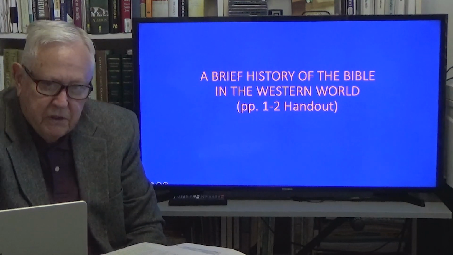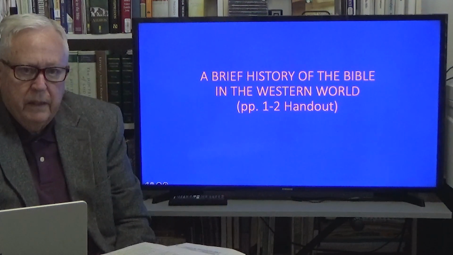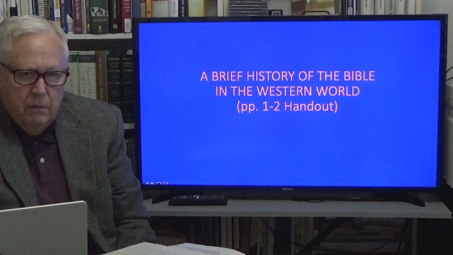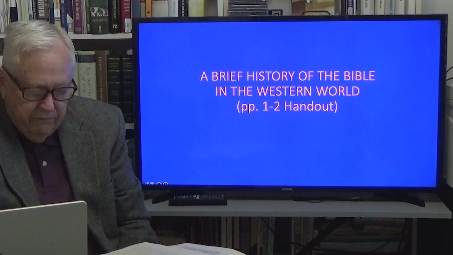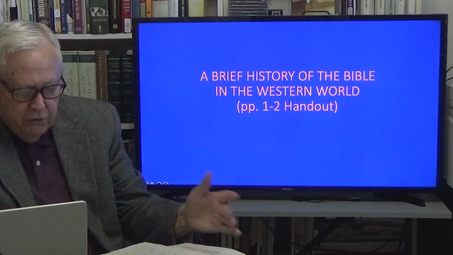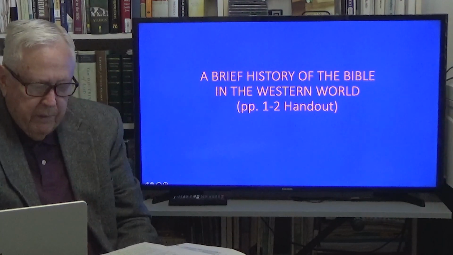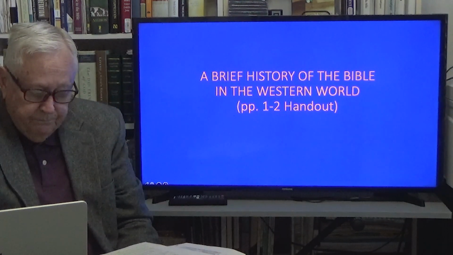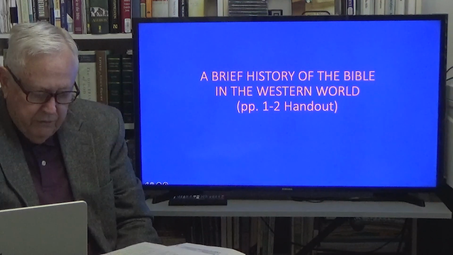Now, the King James Version came in 1611, and this Bible, for centuries, held sway in the English-speaking world. It was a massive production. It's written at at least a 12th grade level in our own terms, maybe college level now, given the state of education sometimes in the U.S. And I'm not going to go into this. You can read it under the King James Version, but that's the next contribution, and it became the contribution that controlled for a long, long time. And it's very important. I'm going to show you a chart in a moment that you can look at, and I'll show you the influence of the King James Version.